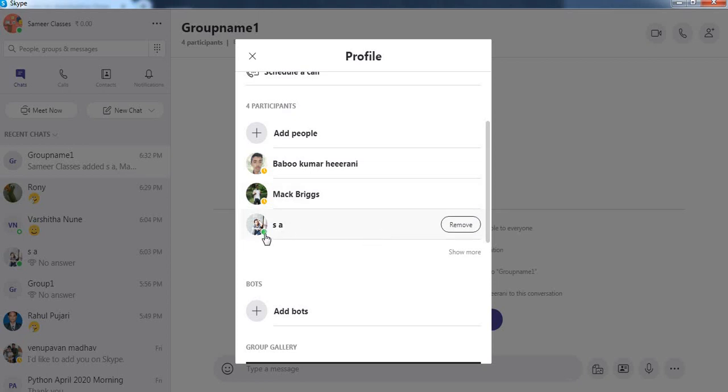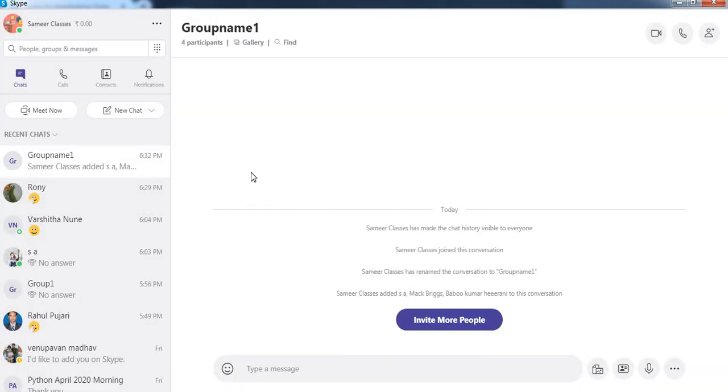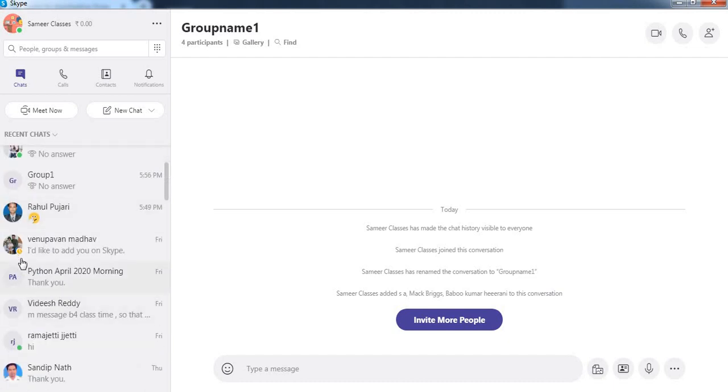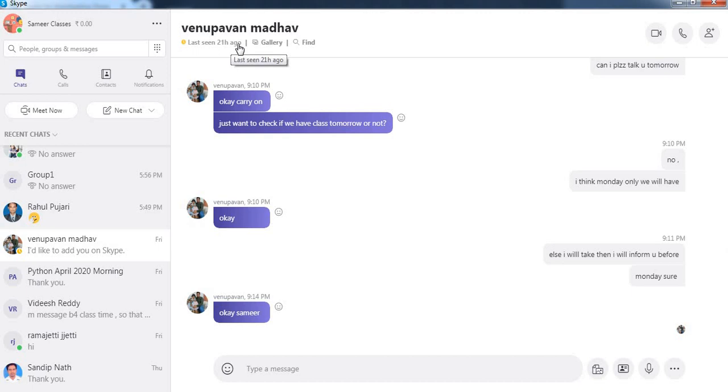SA is online. It is showing green, which means that person is online and using Skype. If a name appears with a white dot surrounded by green, it shows that person was recently online and has gone. If it is showing a yellowish clock, it means a long time ago, 21 hours ago, he was online.